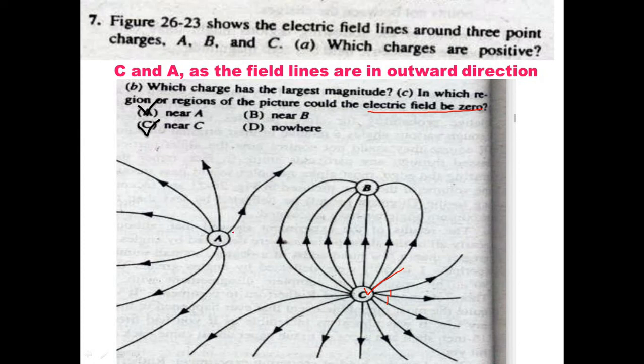So here there are field lines like this one, or this one, or this one, right? The region where there are no field lines is basically the charge free region. So this is the null region, this is the null region, this is the null region. Near A, this is the null region, and near C as well, this is the region where there is no field line. That's why it is considered that there is no electric field, the charge free region or null region.